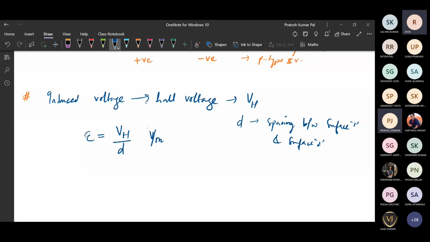So this is the induced electric field. Because of the induced voltage there will be an induced electric field, and this induced electric field will be experiencing a force. So basically here we can write: